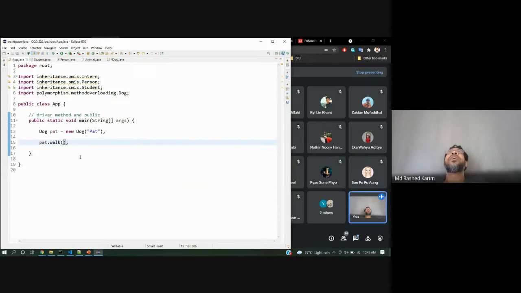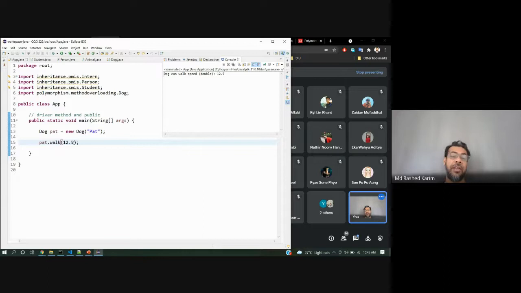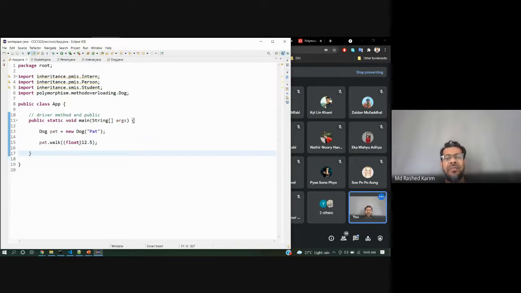Maybe that should be the casting. With 12.5, which one is being called? Let me check. The double is being called. So if I cast to float, then the float is called, because by default it's a double.